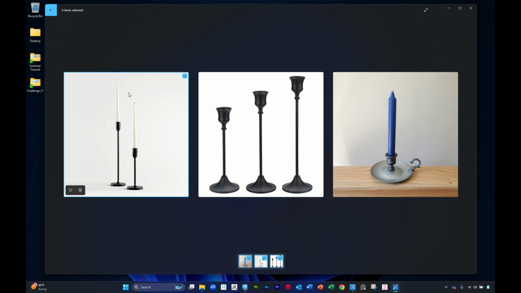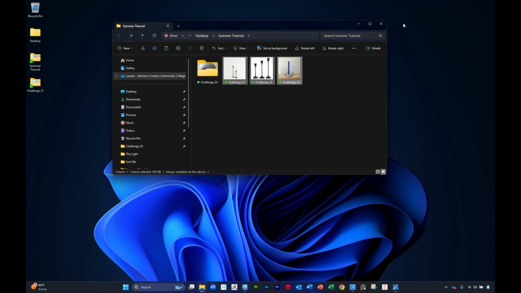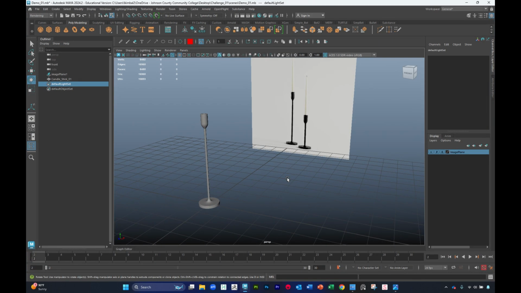I will publish a video, and then after we've modeled all three of these, we are going to go back and UV map all three of these, but we're only really going to texture this one in Substance Painter. So hopefully this will give you a good bit of practice on some fundamentals. All right, so I'm going to begin by minimizing this, opening up Maya, and we're going to start